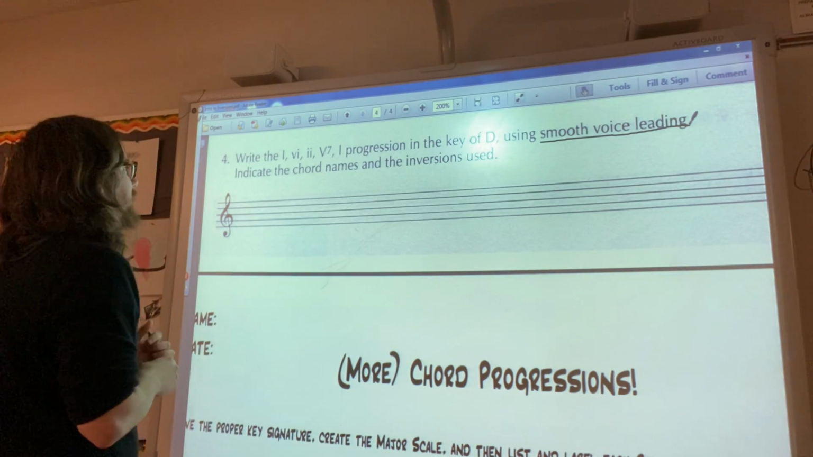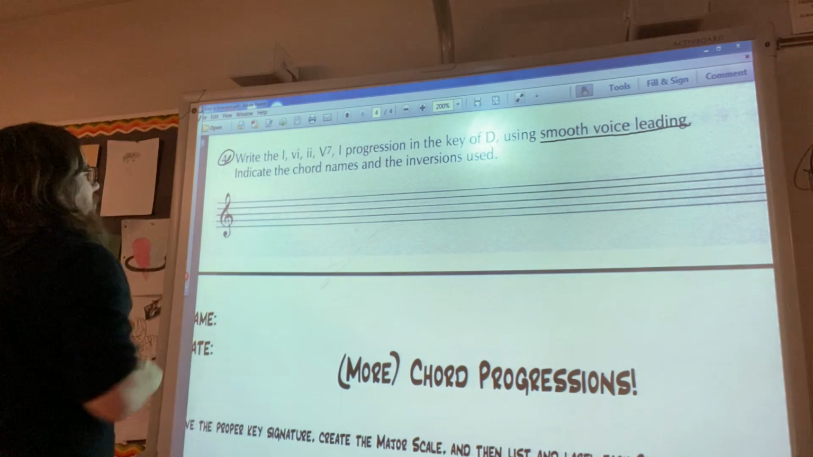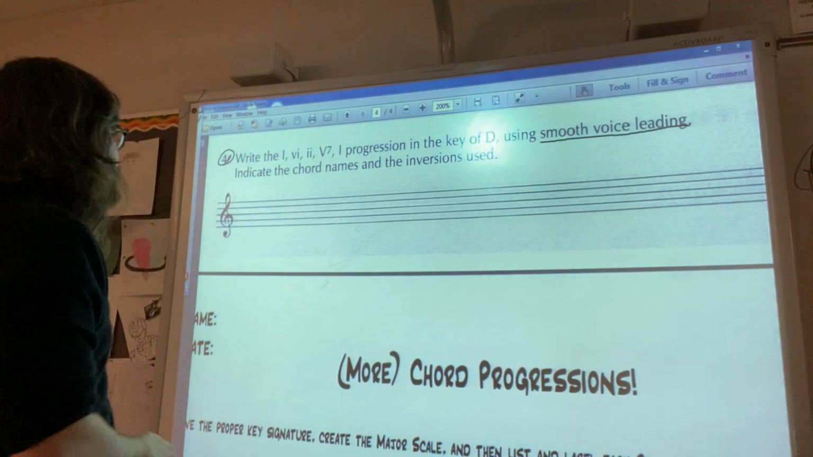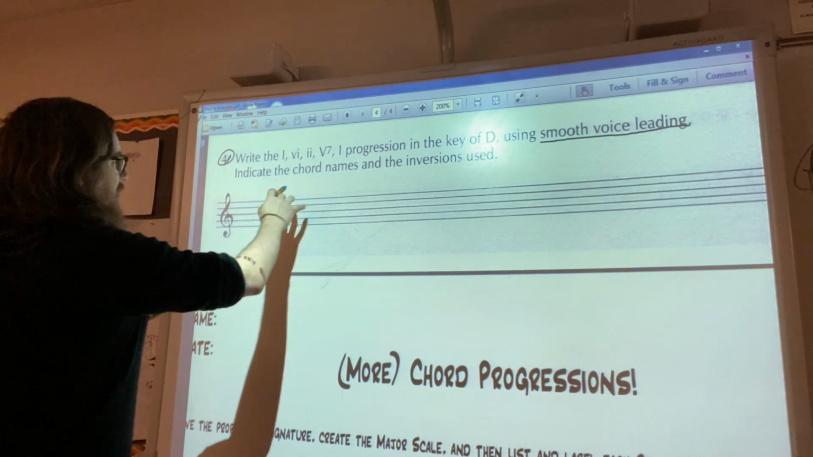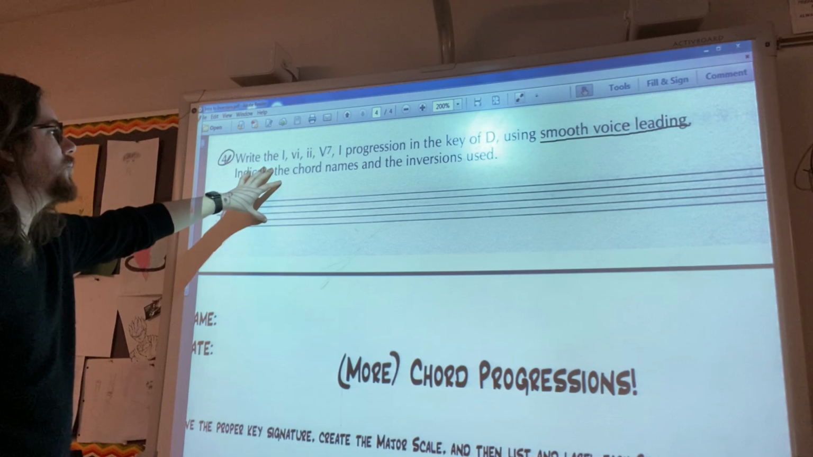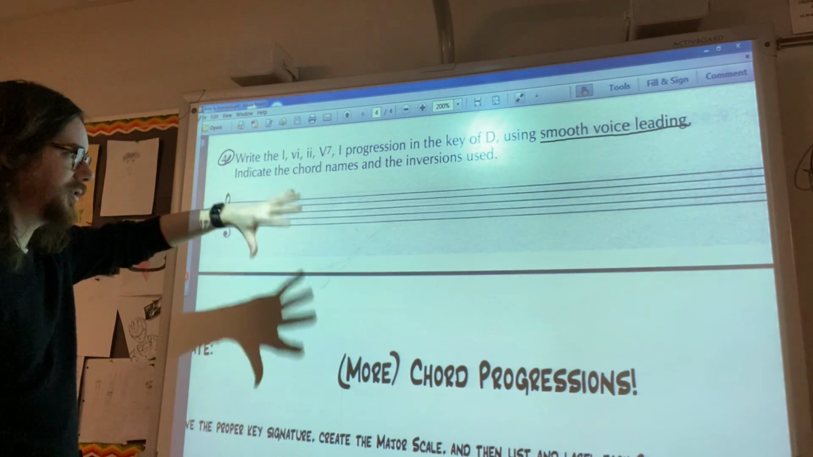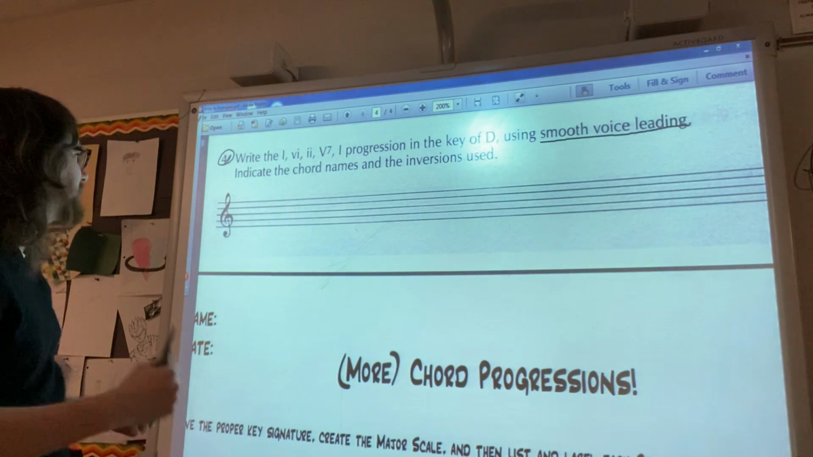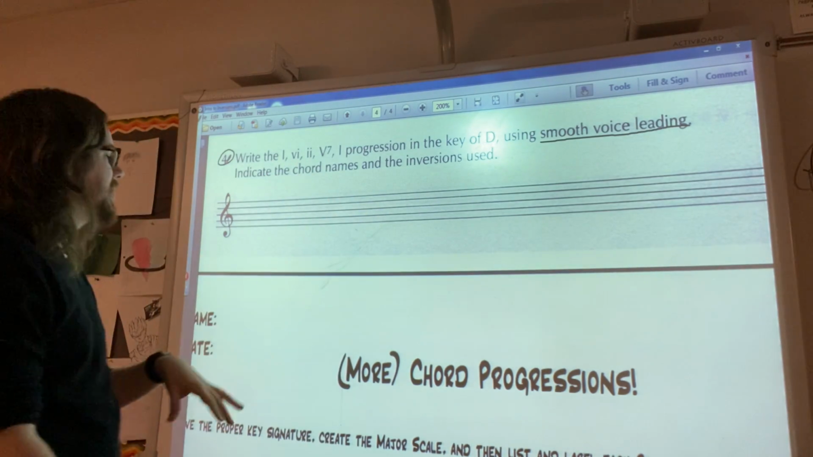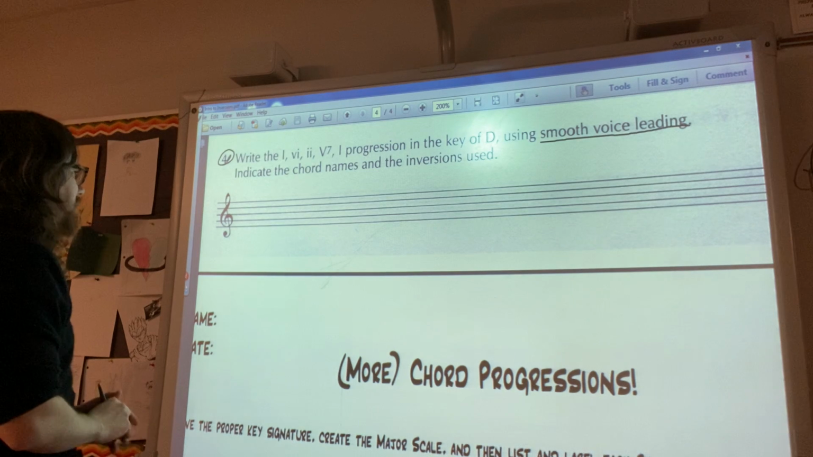The best way to demonstrate that is to do this example right here. This wants us to do a chord progression in the key of D using smooth voice leading. It also wants us to indicate the chord names and the inversions used. In order to make our Roman numeral chord progression smoothly voice-led, we have to use inversions. It's the only way to get the right letters to be in the right distance so that it sounds smooth, okay? So step one, first thing I'm going to do